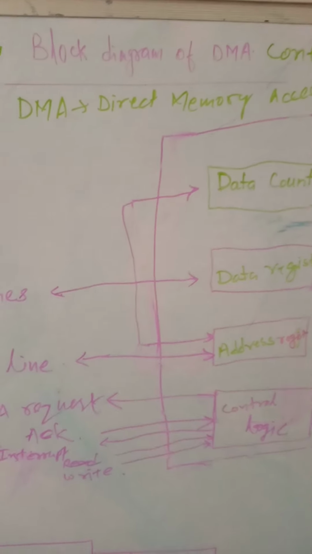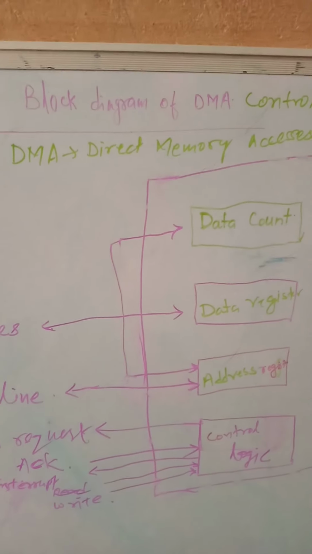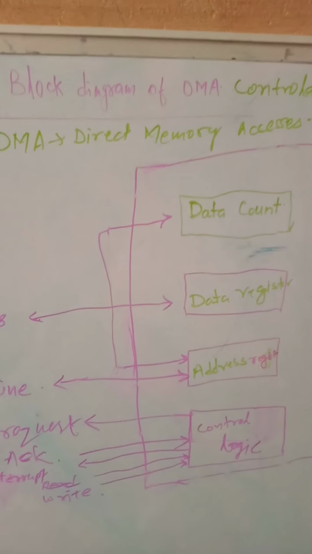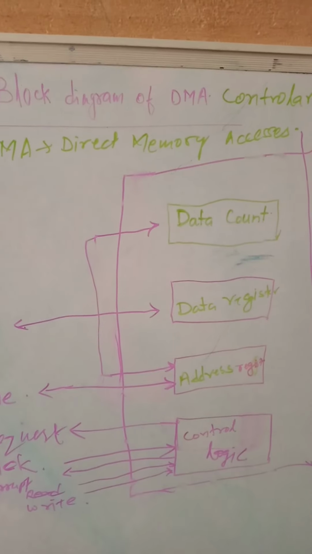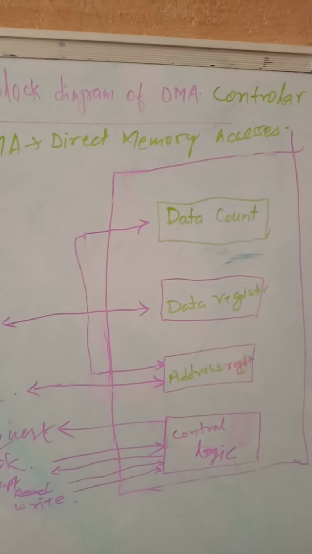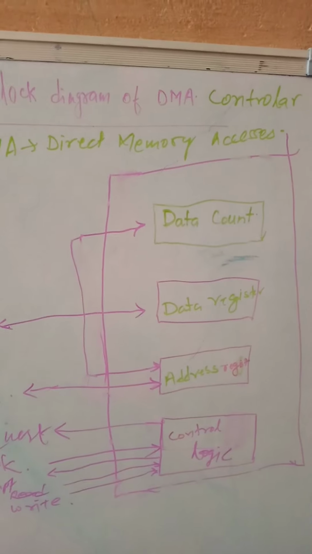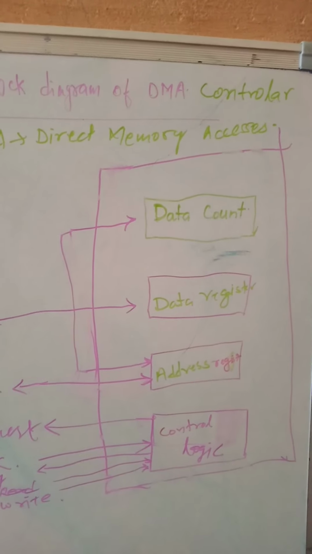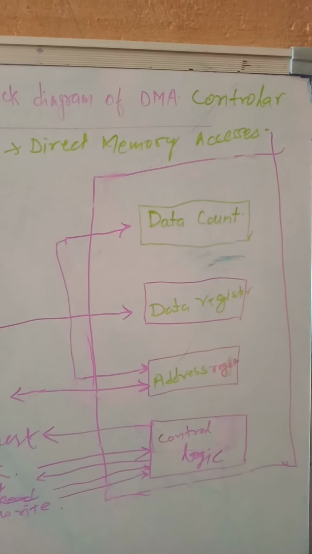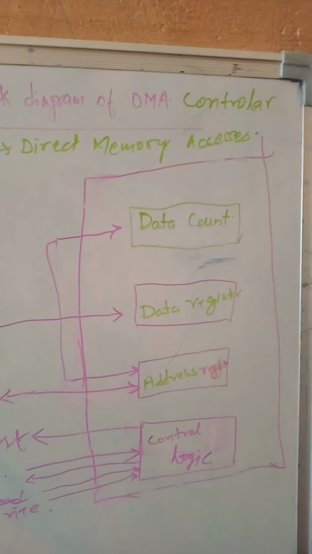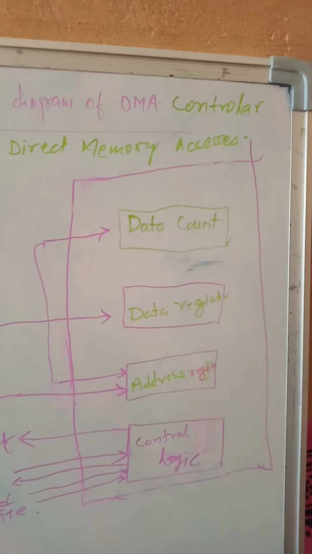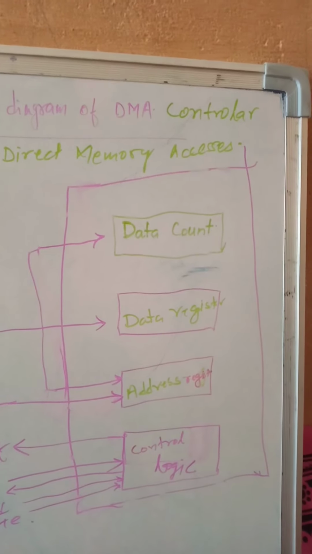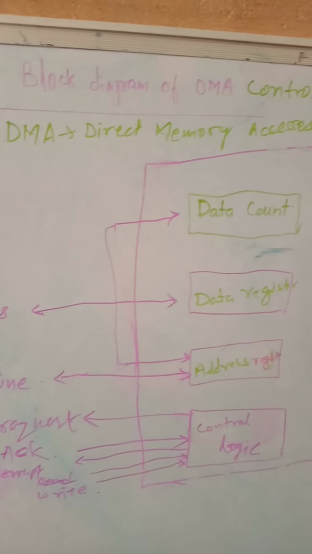The term DMA stands for direct memory access. The hardware device used for direct memory access is called the DMA controller. DMA controller is a control unit, part of I/O device interface circuit, which can transfer block of data between I/O device and main memory with minimal intervention from the processor.